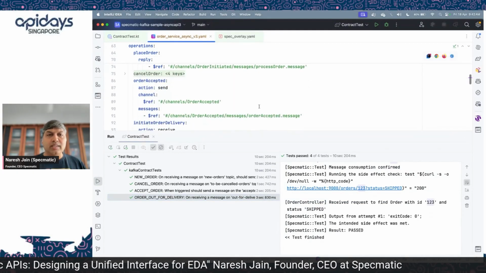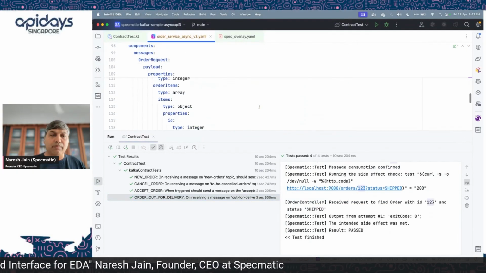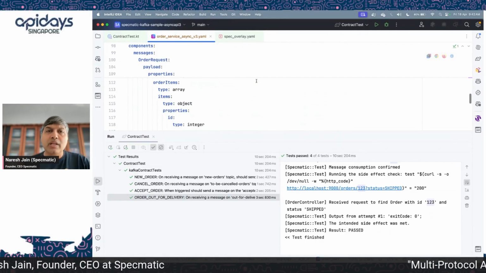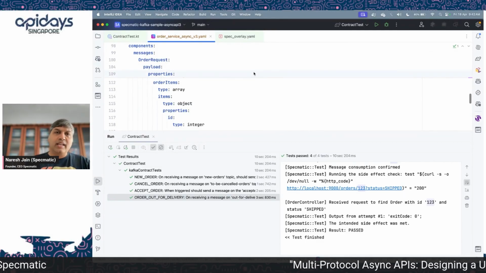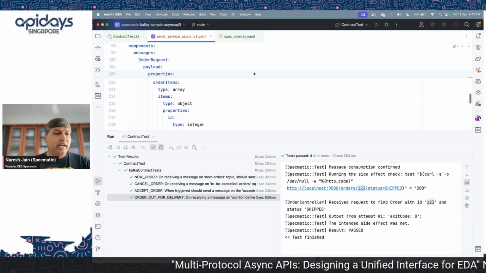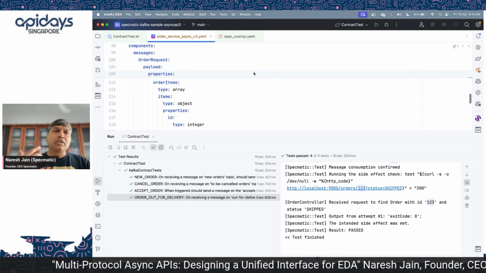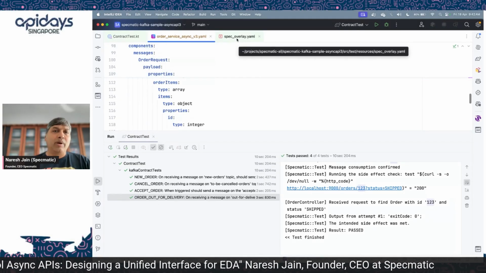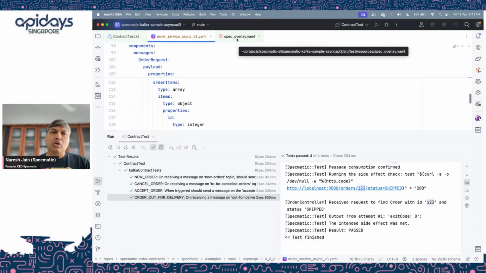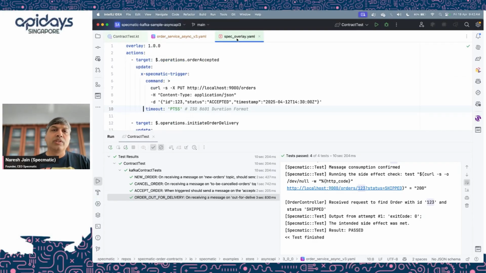So if we go back to the spec, it actually doesn't have any of these things described. For those of you who are familiar with overlays, overlays is again an OpenAPI initiative. It's a great little kind of extension to basically enhance or customize your specification. So in a lot of cases, you don't want to overload your specification with lots of different orthogonal concerns. So it could be security, it could be testing related stuff. So in this case, what we have done is we have created an overlay file where we are basically saying for order accepted operation, basically add this Specmatic trigger, which is effectively this command